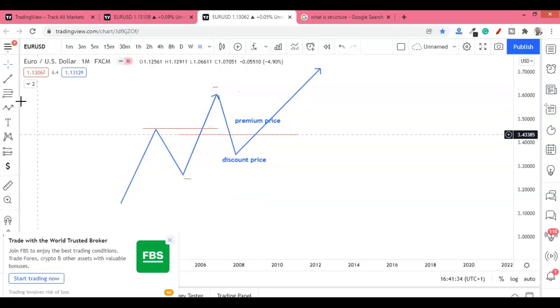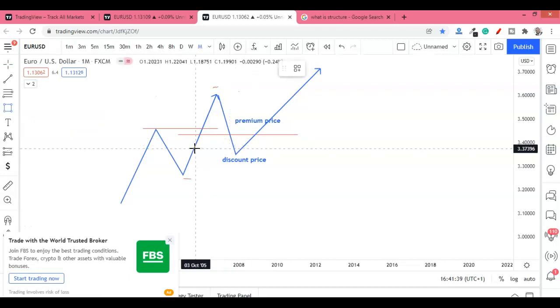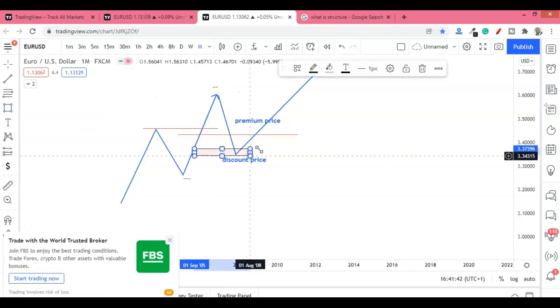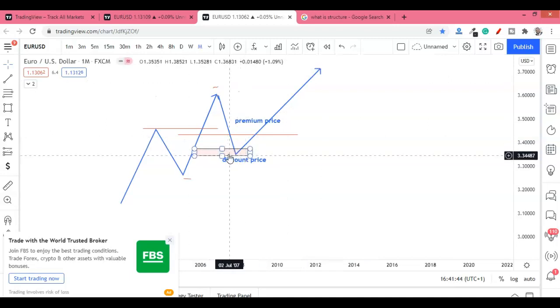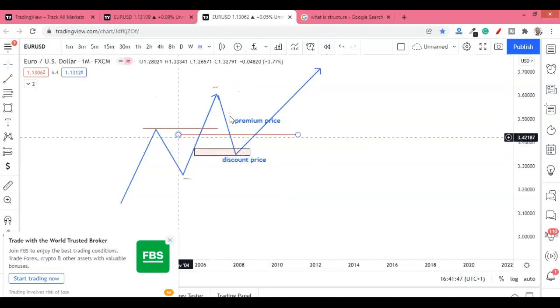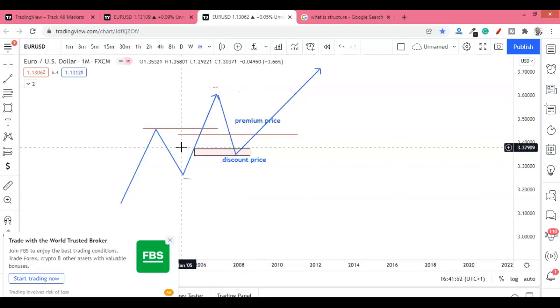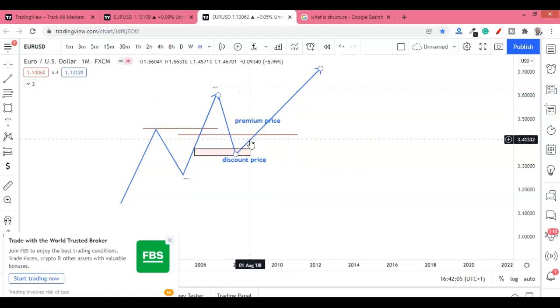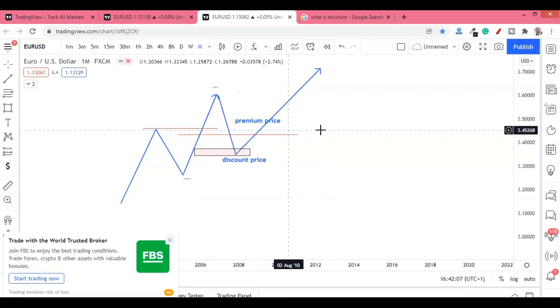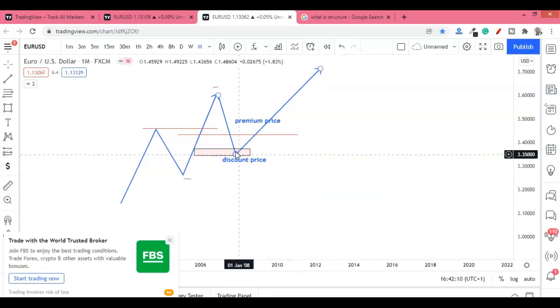We are buying into, most times you look for a point of interest on the left hand side here, where we are going to execute the trade and then move price upward. So you don't have to buy at premium. Be patient. The market can actually go up from here, there's no problem. But to put the odds in your favor, you have to wait for price to go below the 50% level before you look for a buy signal.